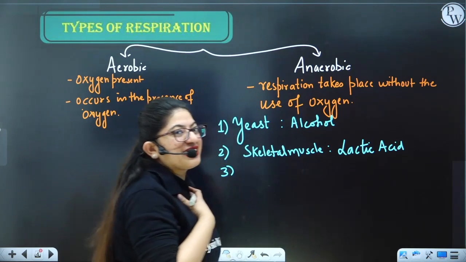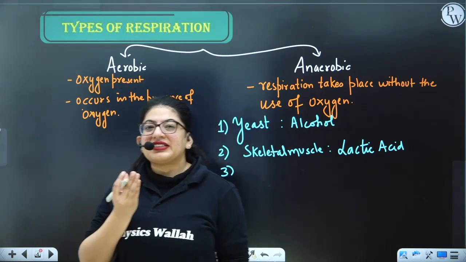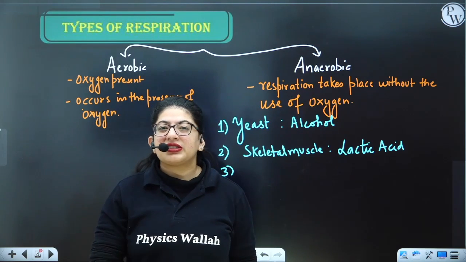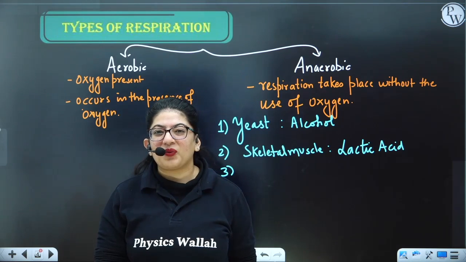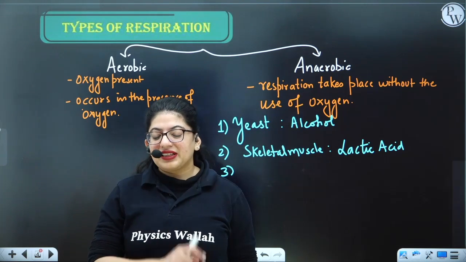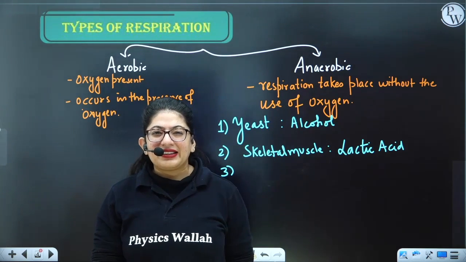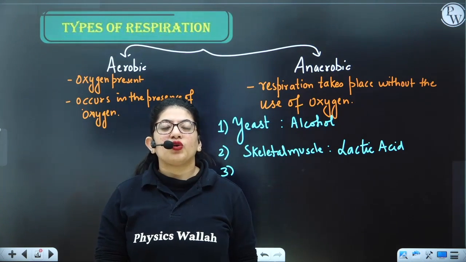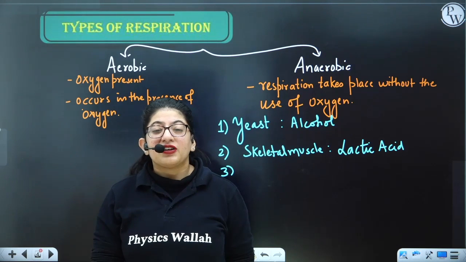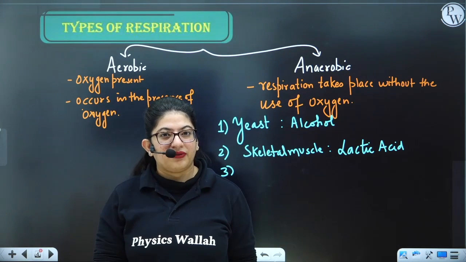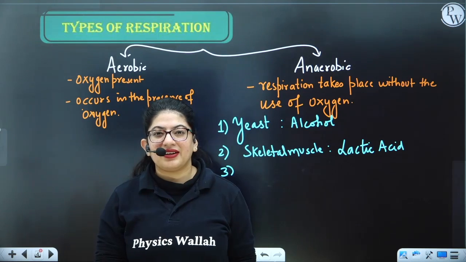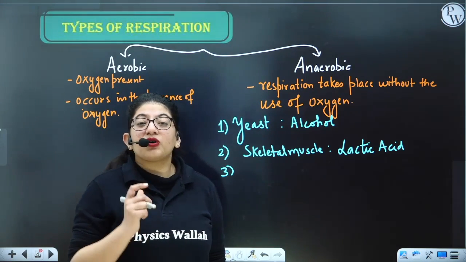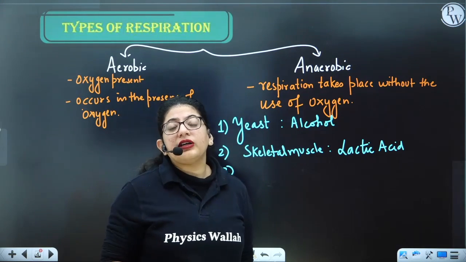Also, in our case, there is another body cell or part that performs anaerobic respiration. If you can guess it, what is that? Okay, let me give you a hint. That's the part of blood where there is no nucleus. Yes. So in blood, you have a cell without nucleus. Which is that cell? That is your RBCs. So RBCs do not have a nucleus because they want room for hemoglobin.